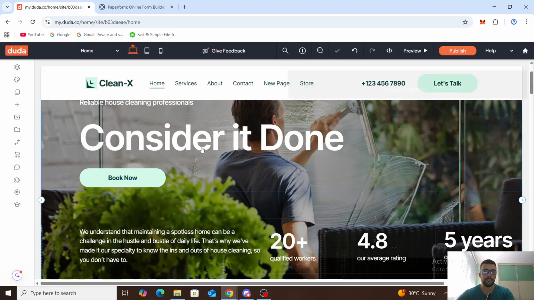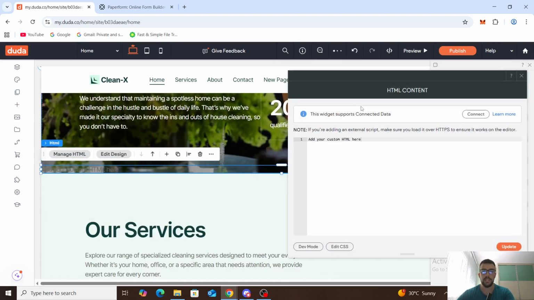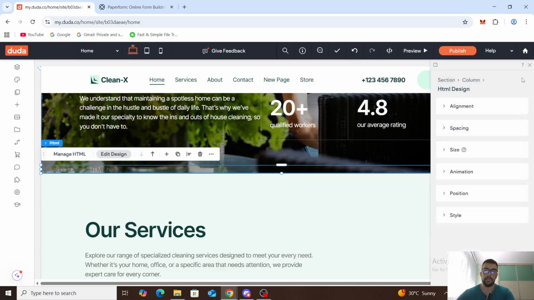And after that, you can see HTML content, add your custom HTML here. So once you receive that HTML code, you can just go ahead and paste it on here. After that, you can just click on update or save or something like that. And after that, you will receive that form fully on your website, and it's going to be set up right